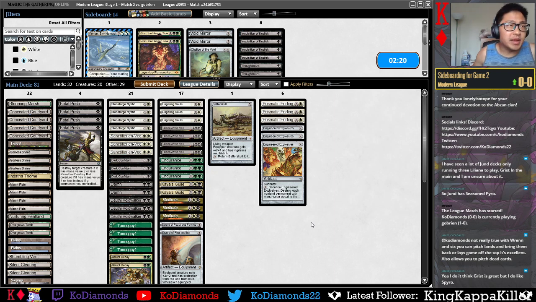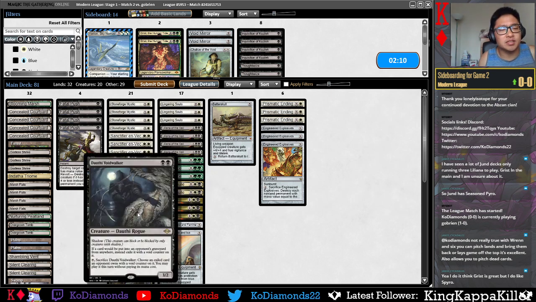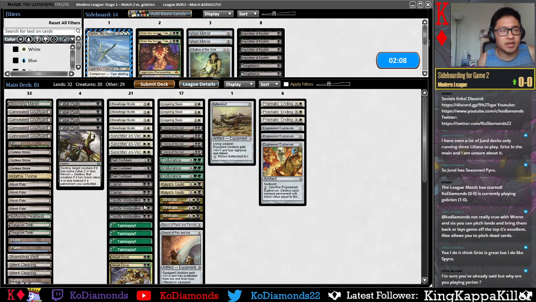I can see an argument for maybe trimming a Voidwalker, just because it can't block Ragavan. But if you can slam it early, it stops Darcy from getting Delirium, so...